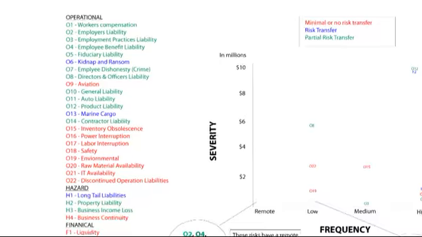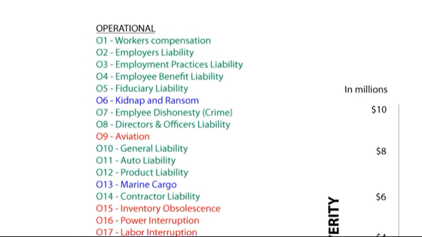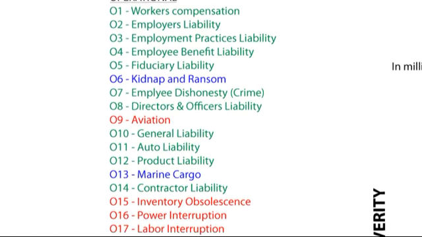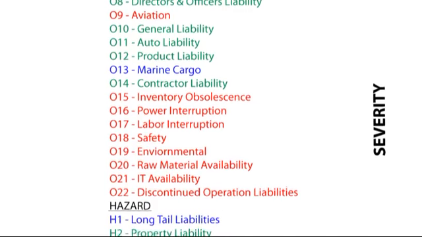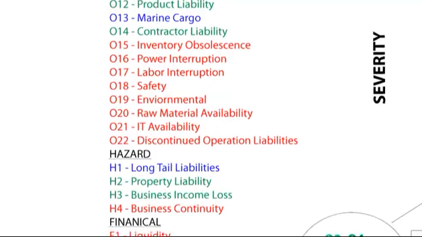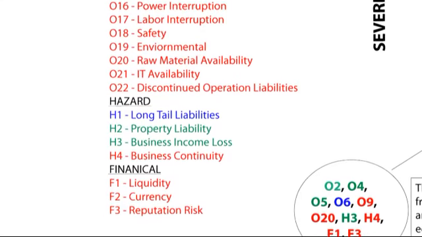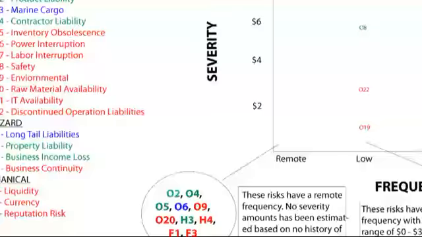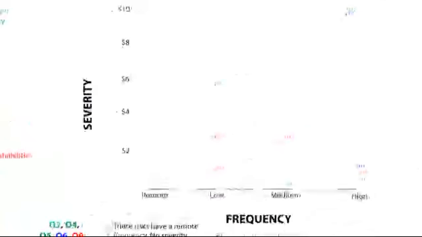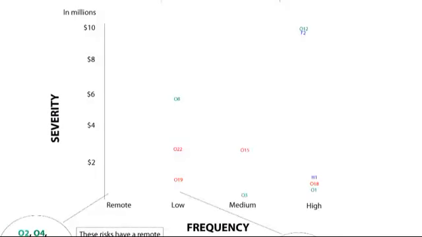As you can see, several different ERM risks are shown on the left-hand side of this exhibit, and they are mapped across the dimensions of frequency and severity. The typical manager will ask, how often is this going to happen? And if it happens, how bad will it be when it does happen? Using this risk map in ERM, the organization can then decide how best to treat a risk based on how